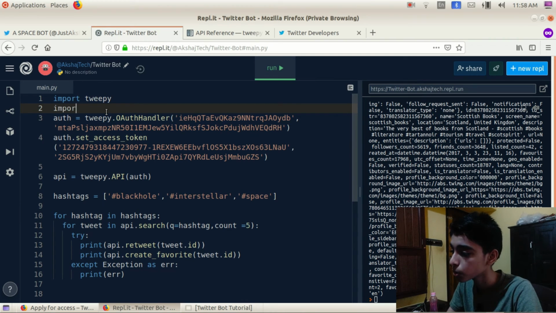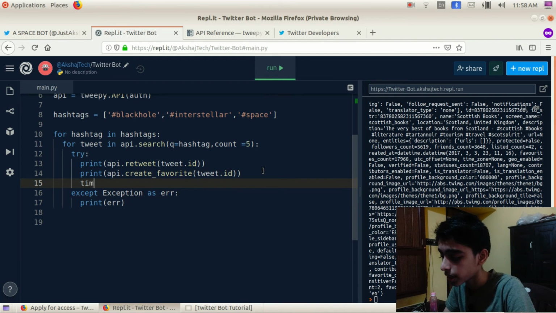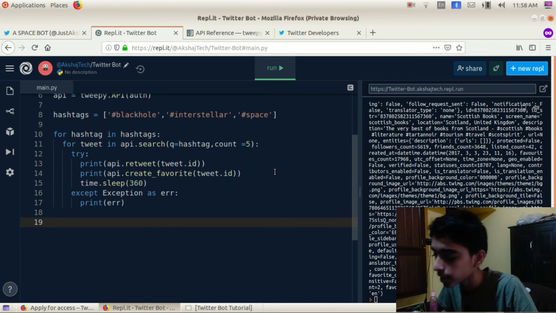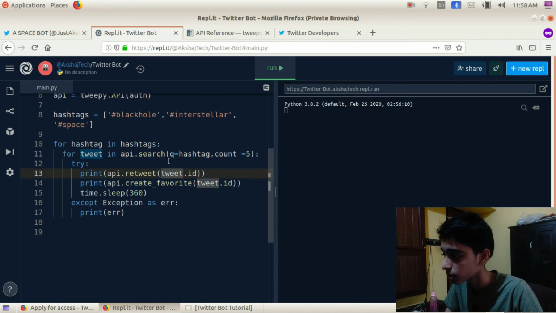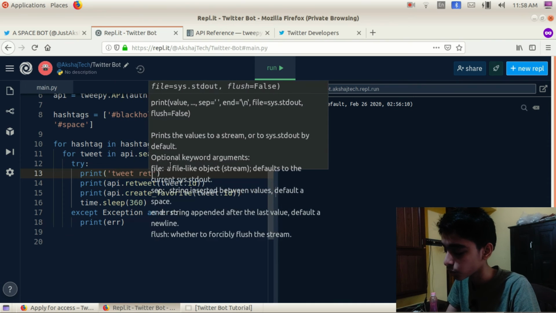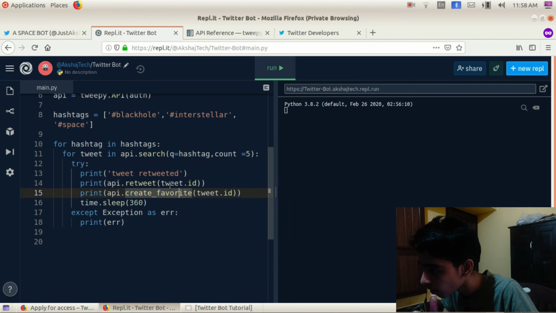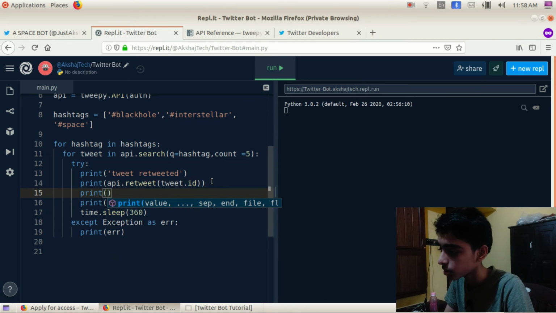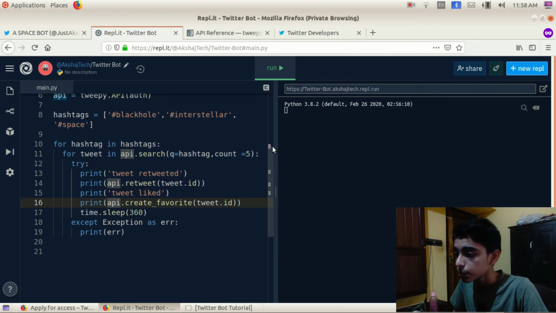To do that, we have to import time, and then we have to add time.sleep. I'll add 360, so that's 6 minutes. So now when you run this, let me print tweet retweeted, and let me print tweet liked. So when you run this program again,